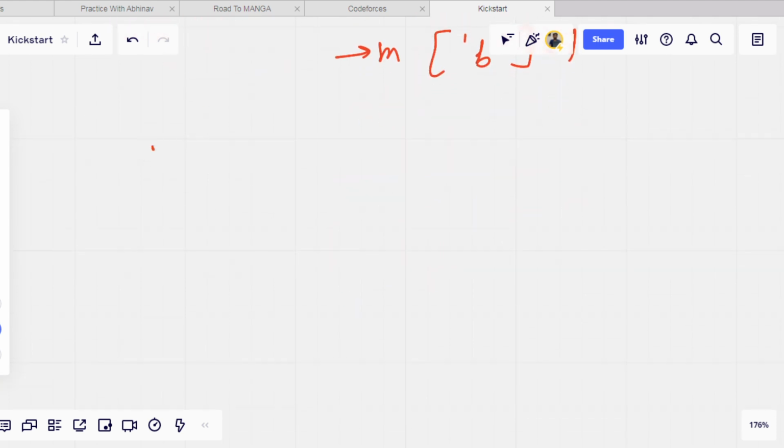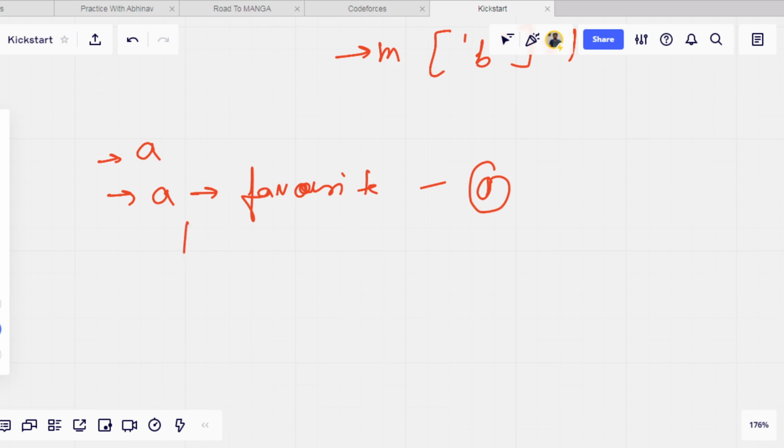Then we will go alphabetically. First of all we will check for A. If A is a favorite character, then only 0 steps are required, because A is already a favorite and we don't have to change it.